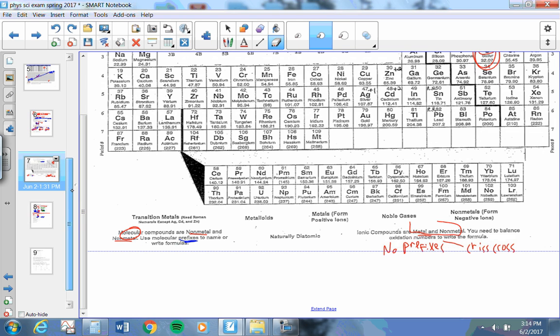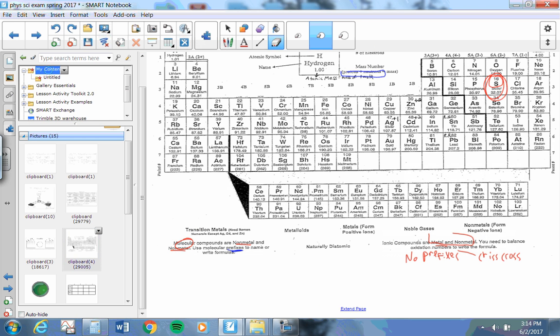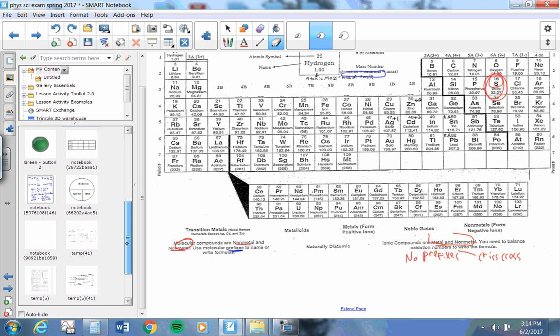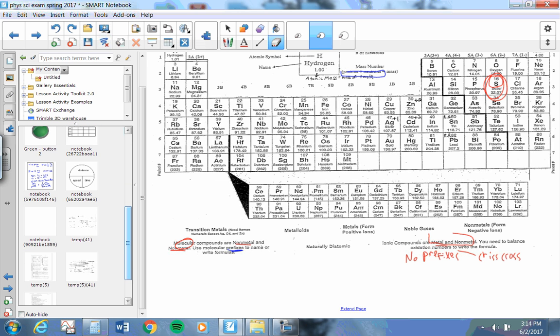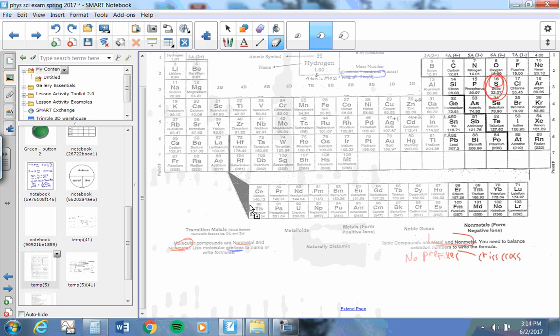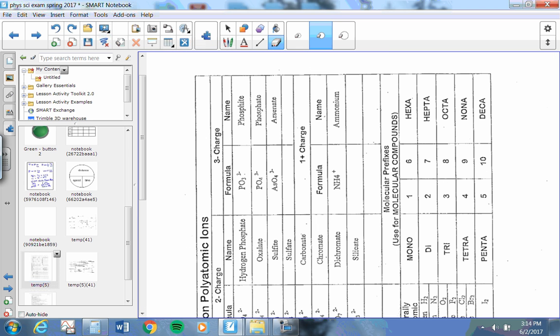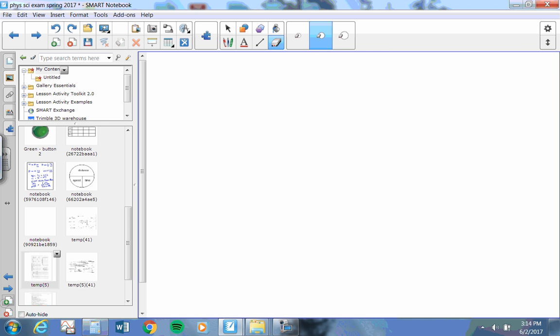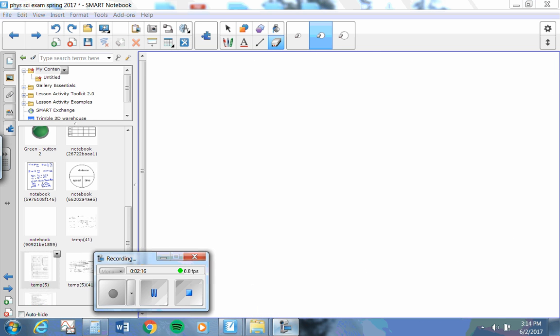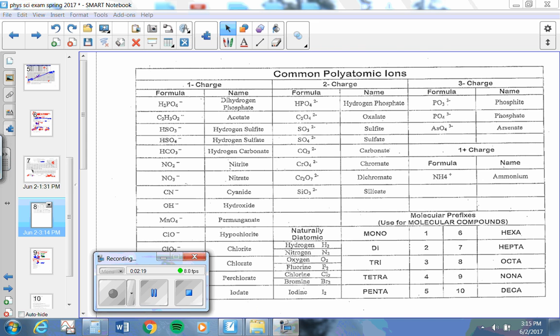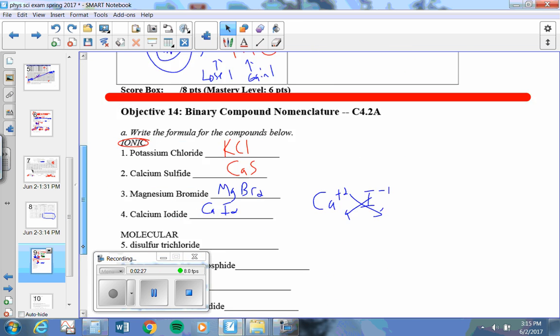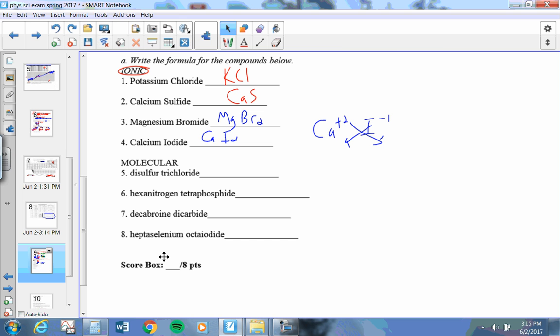Those prefixes, now I got to find them. Are they here? Of course they are. They're right here. Those prefixes are down here. These are only used for molecular formulas. So when I'm looking at these ones, I have to look at those prefixes, and they just simply tell me